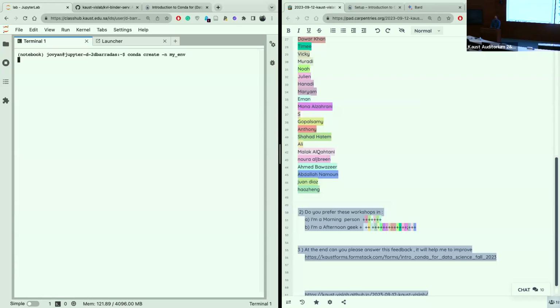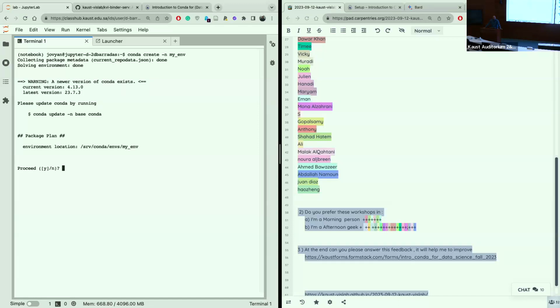If you type this, it will start the process of creating one environment. As a matter of fact, it's going to create something called an empty environment. It's going to be a placeholder. It's going to have nothing inside. And once it's done,